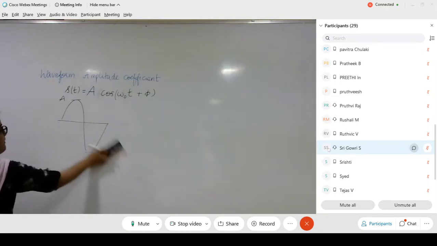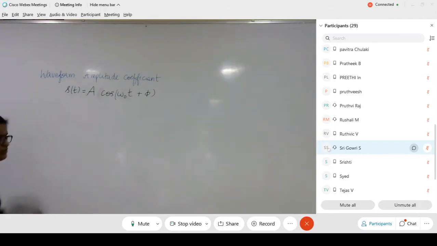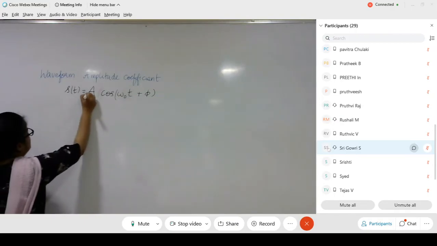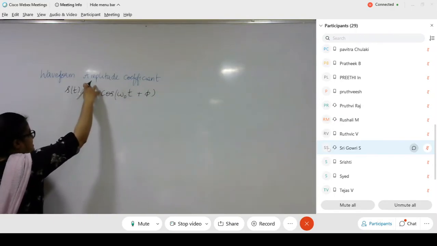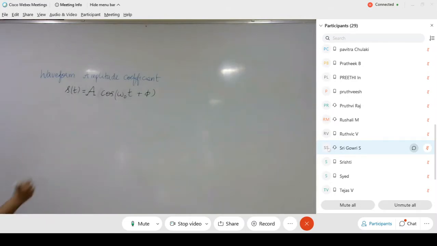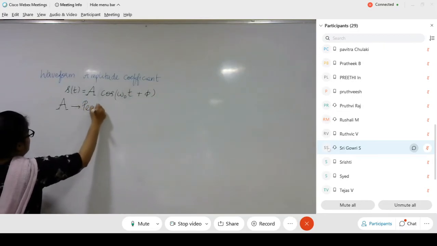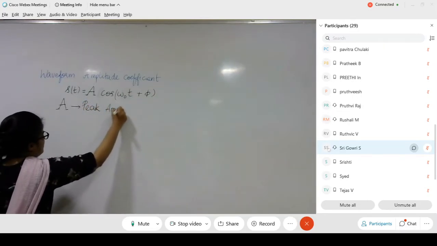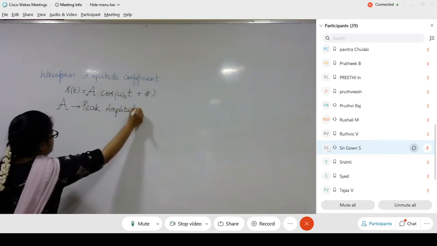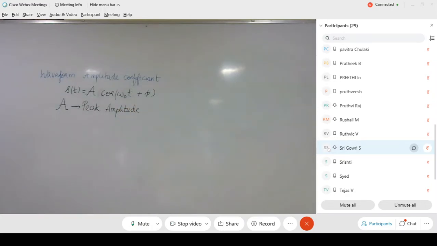It is the peak amplitude of the sinusoid. Please be very specific because you are all electronic engineers. You should be able to tell what this thing represents. This kind of notation indicates this A is the amplitude, that is the peak amplitude, which is very important. You need to remember these things because they are very trivial. You tend to miss out on these things, but these carry more information within them. So A is the peak amplitude of the sinusoid, right?